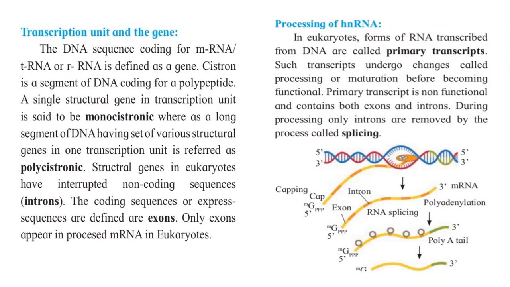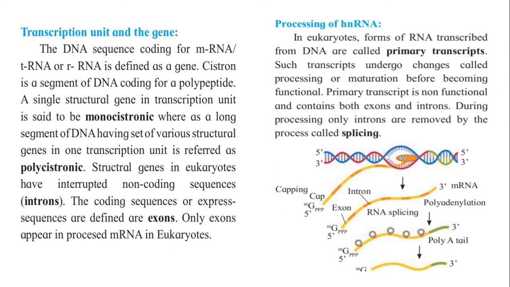Next topic, that is transcription units and the genes. The DNA sequence coding for the messenger RNA, transfer RNA, or ribosomal RNA is defined as a gene. A cistron is a segment of DNA coding for a polypeptide. A single structural gene in a transcription unit is said to be monocistronic, whereas a long segment of DNA having a set of various structural genes in the transcription unit is referred to as